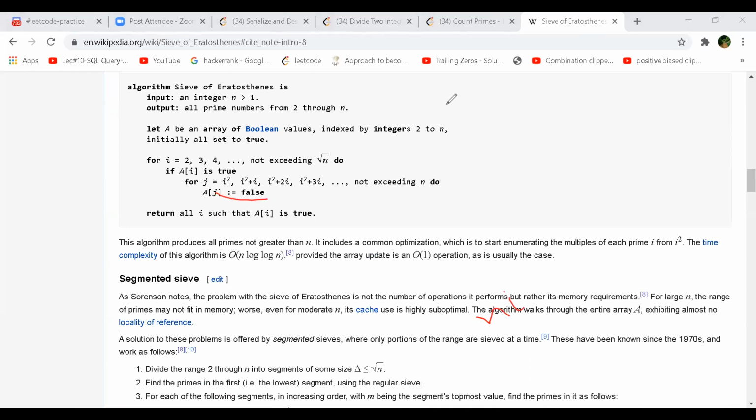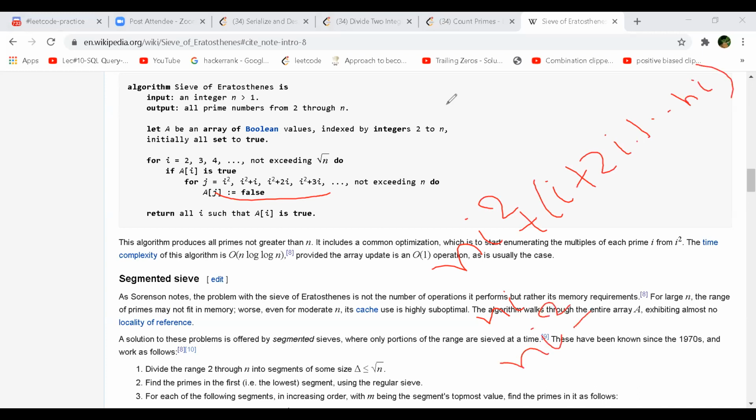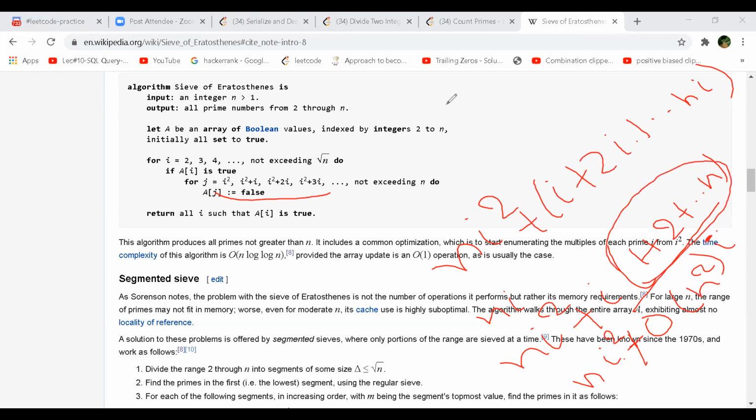So if n terms are there, what it will be is n into I square, plus I plus 2I up to n I, right? This is n into I square, and if you take I as common, then this will be 1 plus 2 plus 3 up to n. This is the sum of n natural numbers. So this boils down to O of n square, right? This is n I square. How will it? This is n square only, right? Sum of n natural numbers. But you will go only up to n, no? Up to n only. So it will be n into n plus 1 by 2. So the upper bound will be n square only, right?